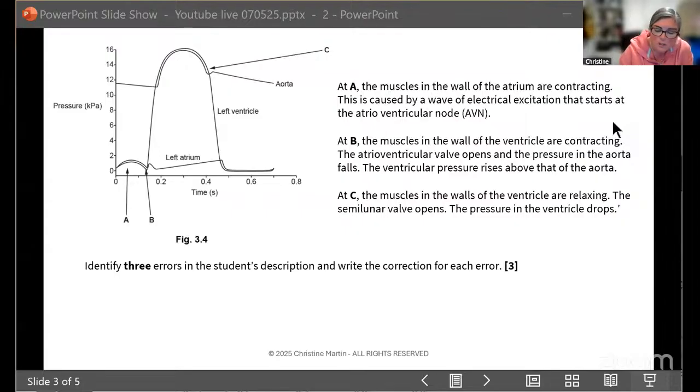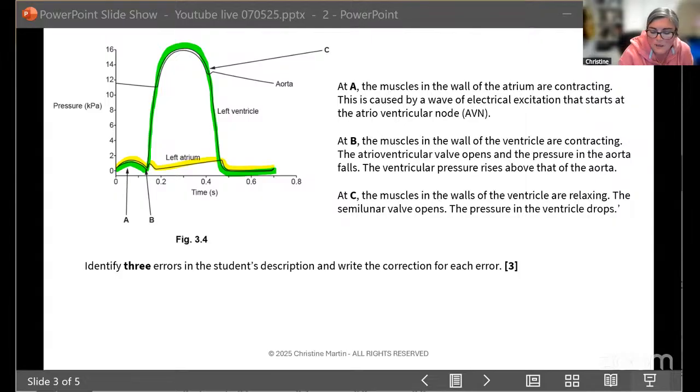Now, a lot of students are able to note that this part of the graph is showing you, as it says, the left atrium. I love highlighting. In the exam, I would always suggest to do some highlighting, because when you highlight, it actually helps you to visualize what the graph is showing you. So my ventricular pressure is the green here, and I'm going to show this so that we can see that is slightly higher than the next one, which is my aortic pressure.